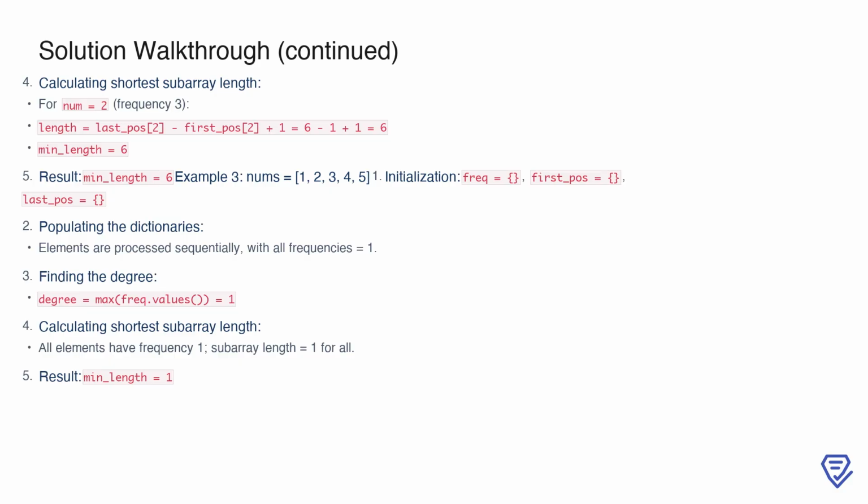In the final example, nums equals 1, 2, 3, 4, 5, we initialize the dictionaries and find that every number has a frequency of 1. Since the degree is 1, each number forms its own subarray of length 1. Thus, the shortest subarray length is 1. This concludes the walkthrough of the solution, showing how we use dictionary tracking and simple calculations to efficiently solve the